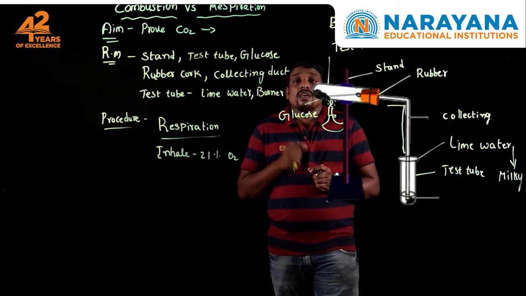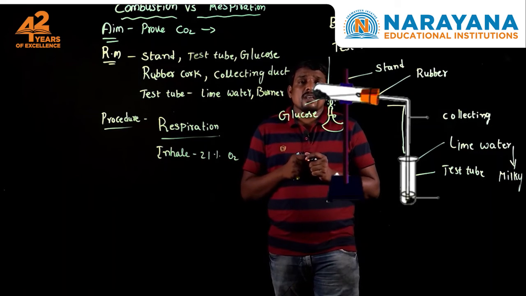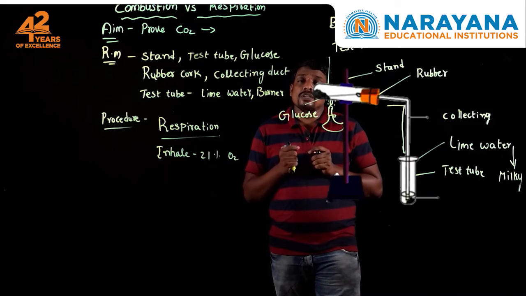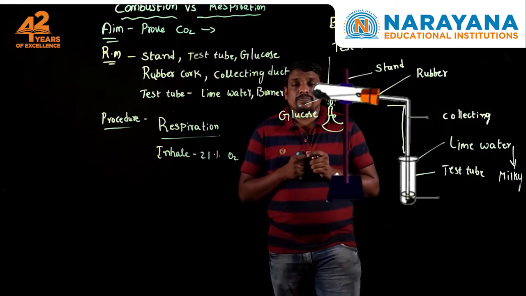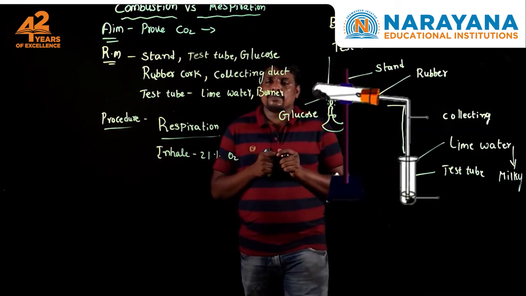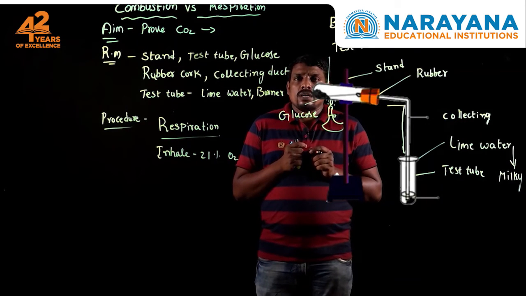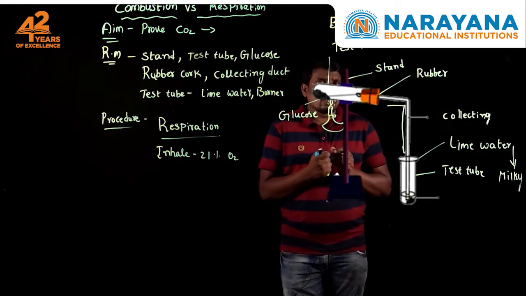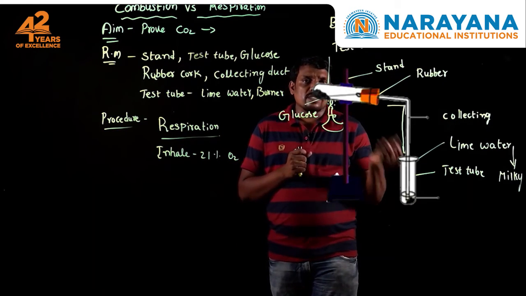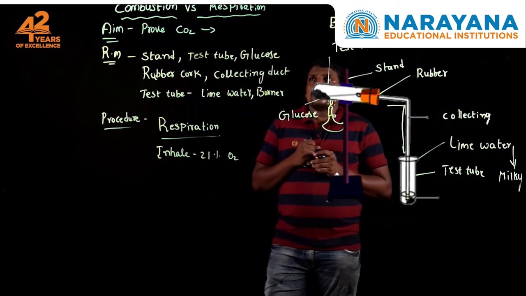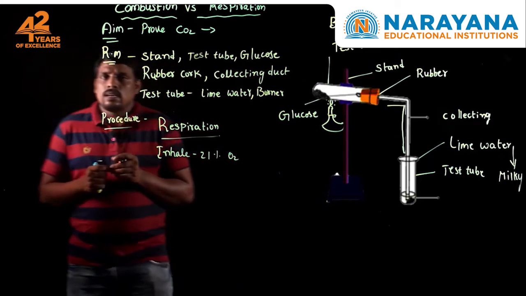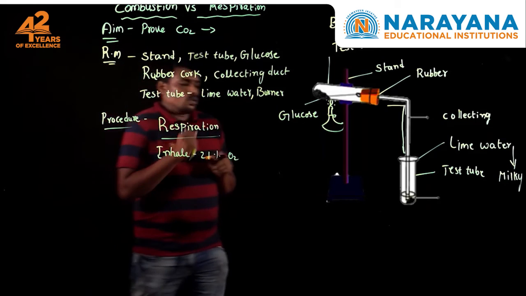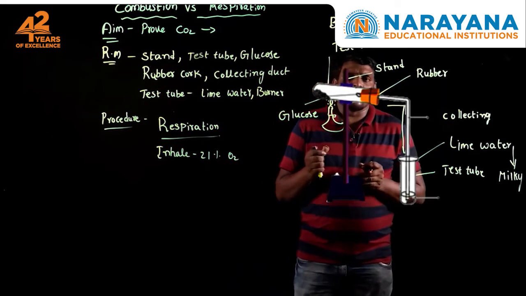In the cells, mitochondria utilize this oxygen and break down the glucose molecule to release energy. So, during respiration, energy production occurs. During aerobic respiration, along with the energy, carbon dioxide is also produced as a byproduct. Even in combustion, carbon dioxide is produced, as we have seen in the experiment. So, by this experiment we can say that carbon dioxide is the end product of combustion, like respiration. So, combustion and respiration we have seen now.